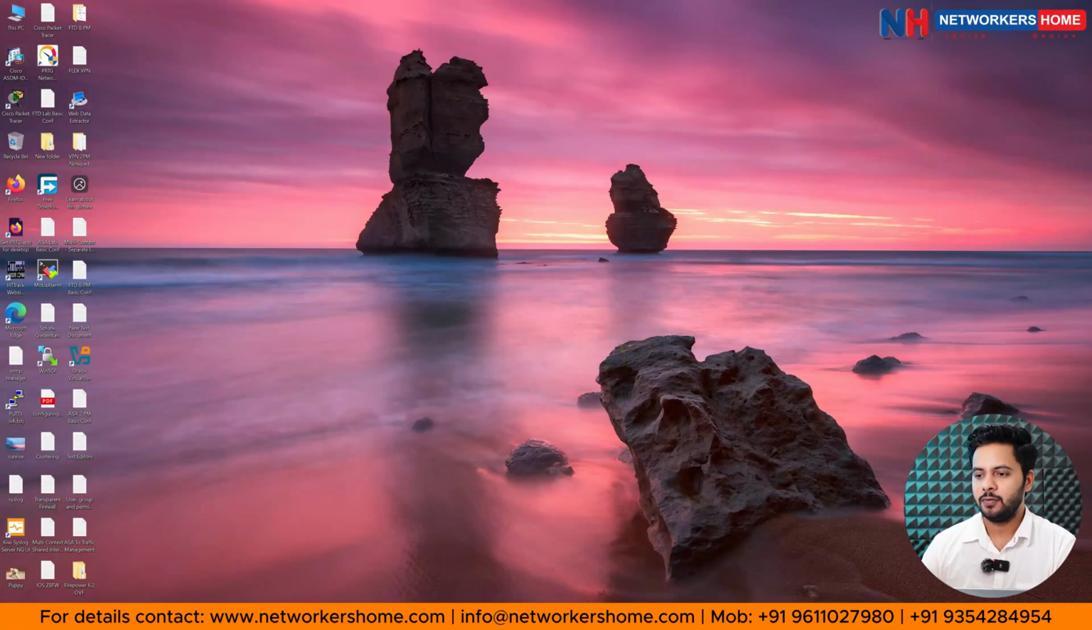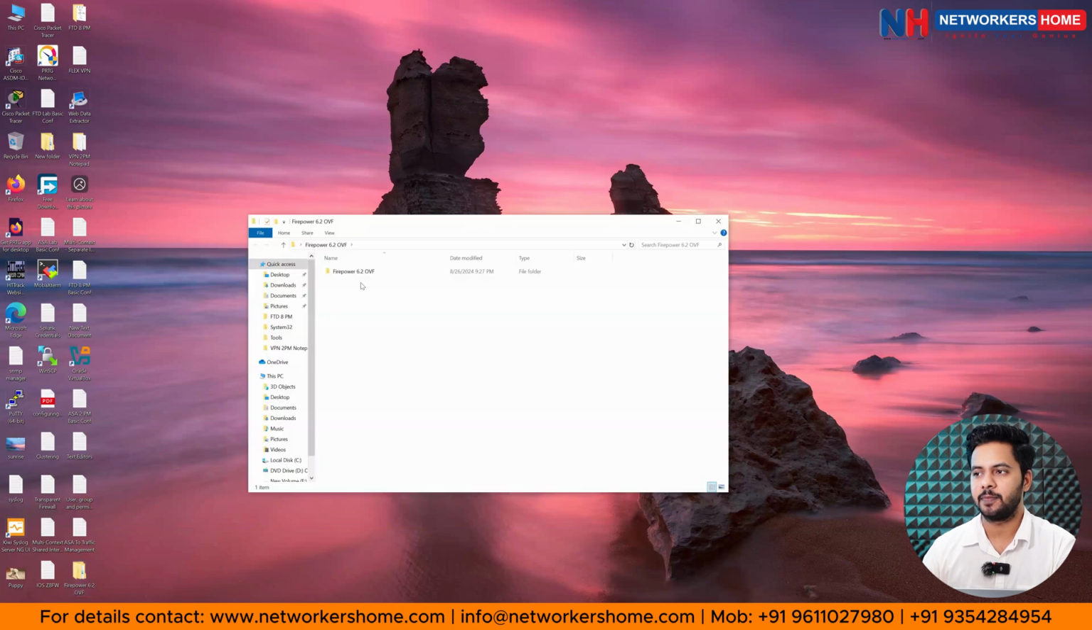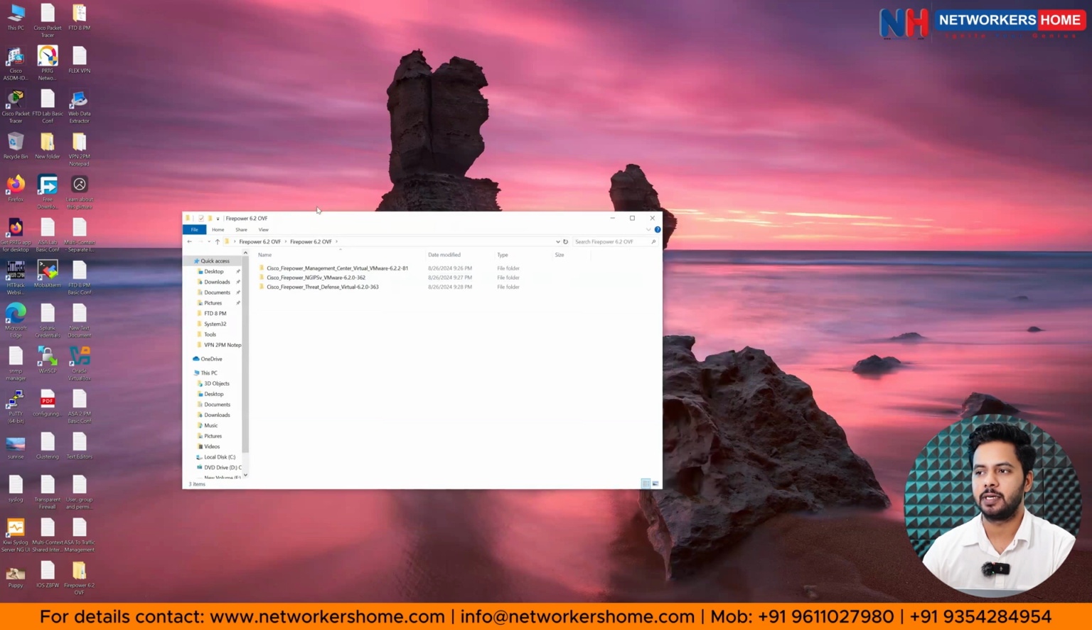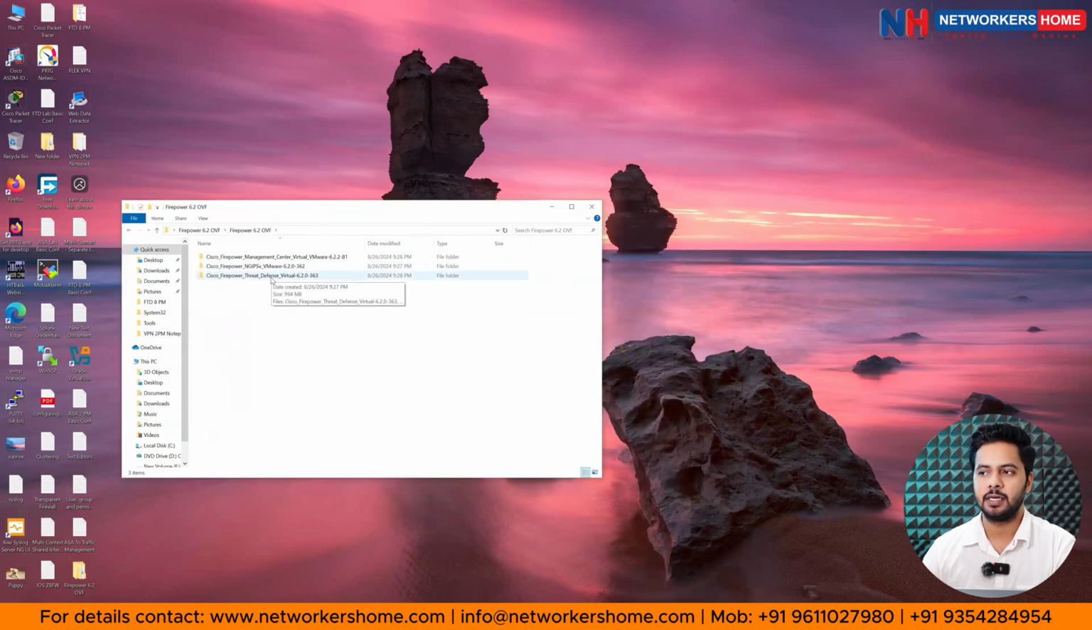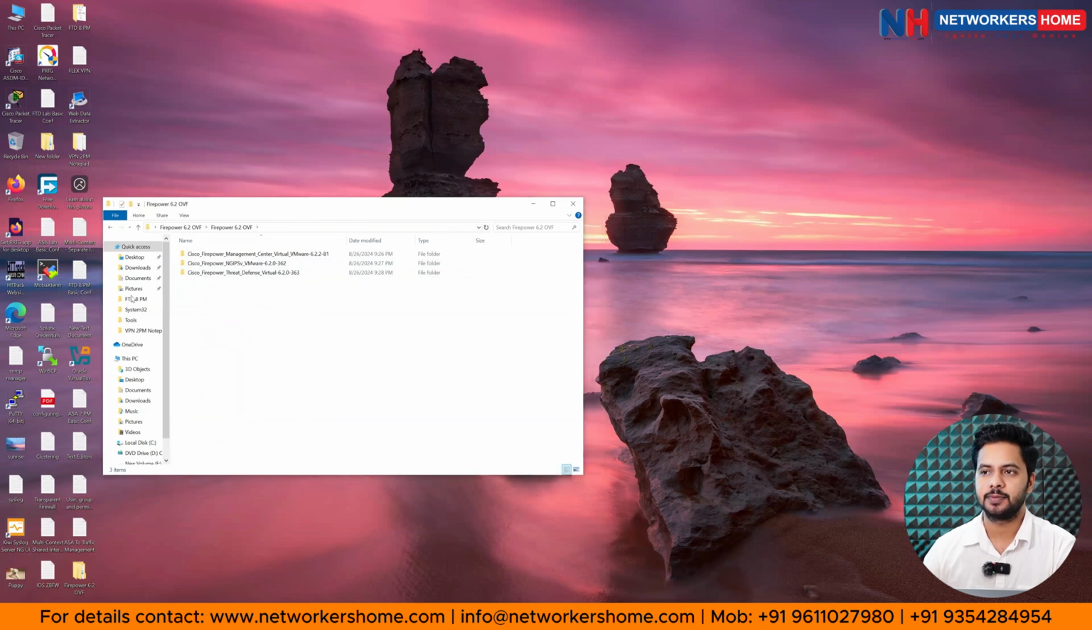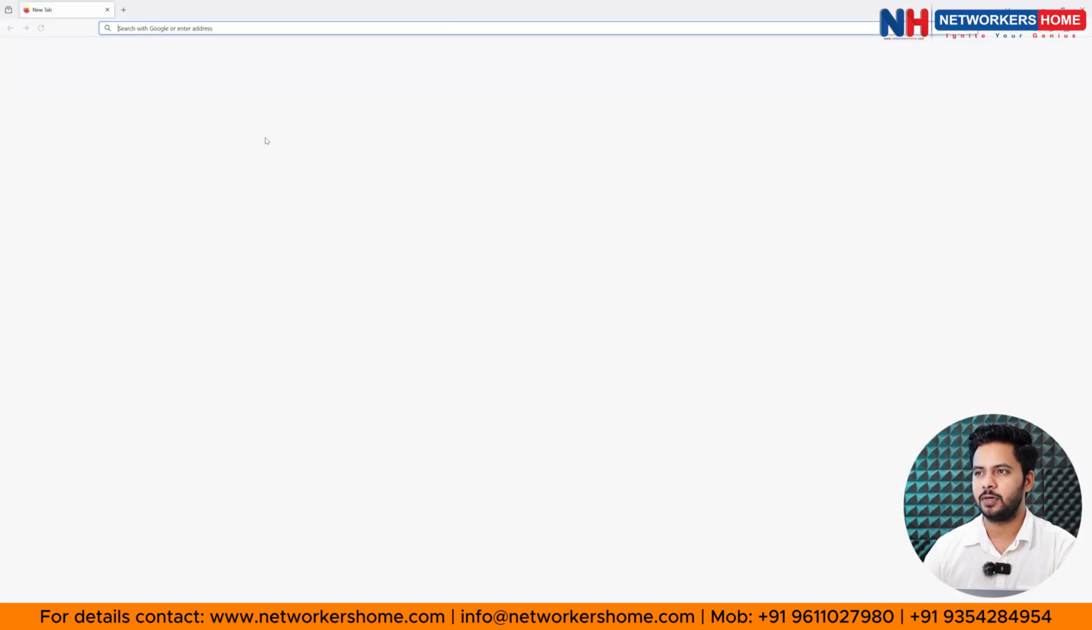Now, if you see here on the screen, I have a directory which says Firepower 6.2 OVF. I'll just double click and open this directory, and here again I'll open it. Here you can see I have the images, right? I have the FTD and FMC both with me. Right now we need to deploy the FTD. So let me go and access the ESXi first. I'll go to Firefox, and in the Firefox browser, I'll access my ESXi,